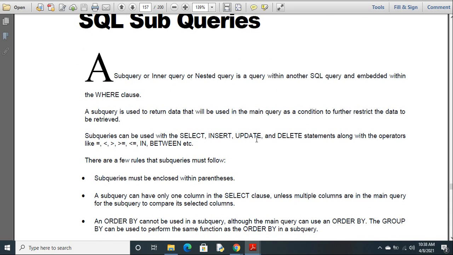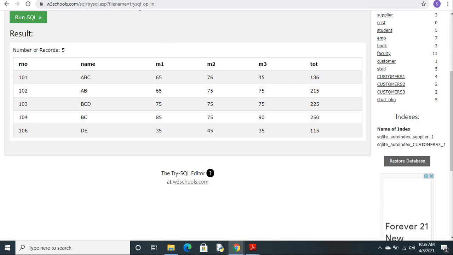To practice SQL, you don't require any specific software. I already shared a URL. Through that, you can practice all the queries. Just as I am showing you the practicals, the same way, using this URL, you can do the practicals.